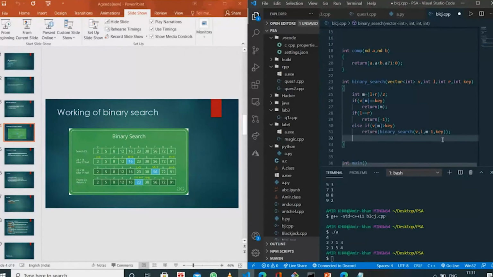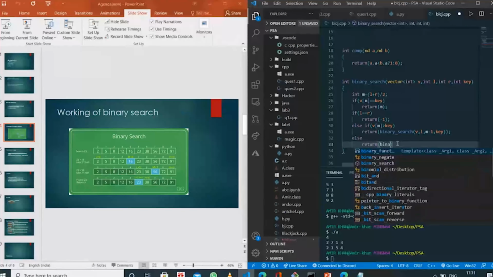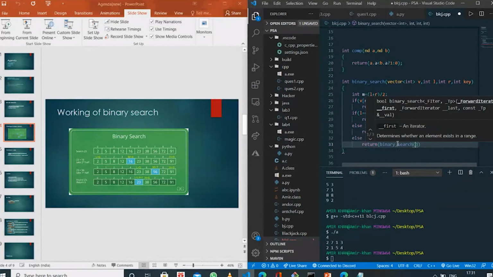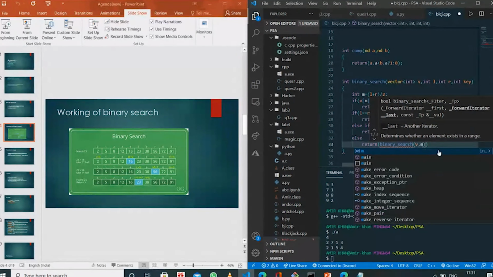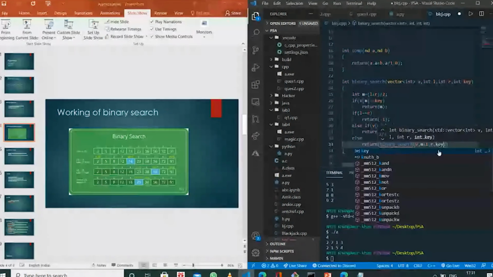Else, meaning if V of m is less than or equal to key, then we will return binarySearch of v comma m plus 1 and r and key.